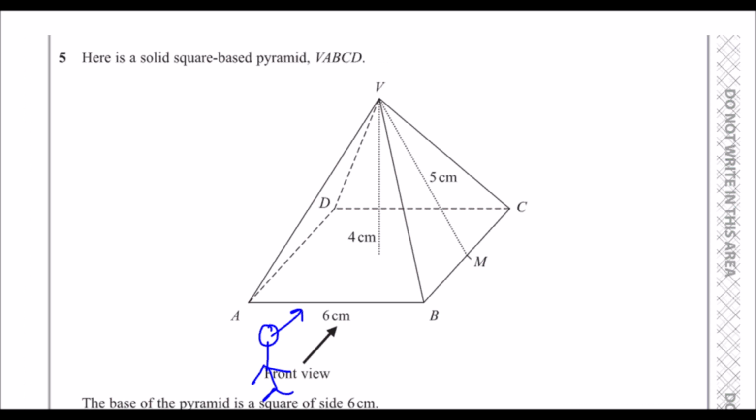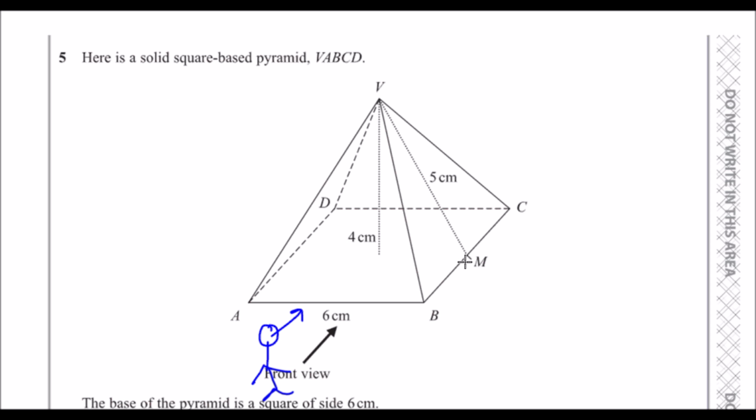Part B says, work out the total surface area of the pyramid. So the total surface area is the area of every surface added up. So we have a square, and we've got 4 of these triangles. So we've got a square, which is 6 by 6, and we've got 4 triangles, 4 of these triangles,